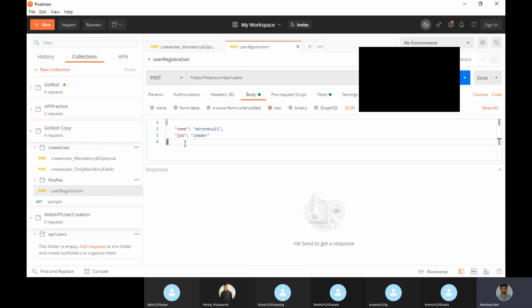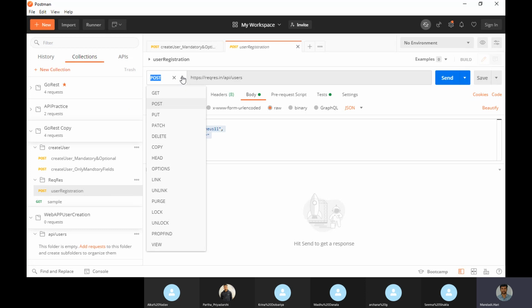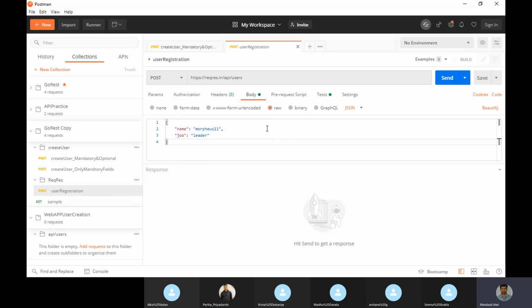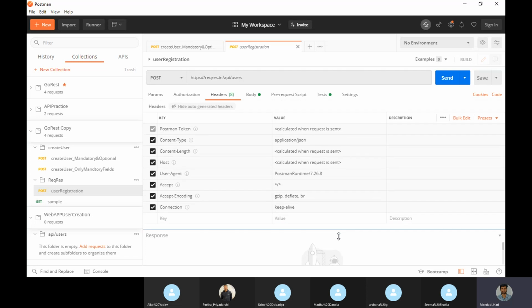So this one I am passing. Let's go through the basics. First, here are the methods which we wanted to perform, and after that these are the headers. These are common headers, nothing new I mentioned. Whenever I create a request, it will come automatically. Suppose if I go under request response, I am going to create one more request. We will do it from initial also. I think it's better I will do it from the initial stage.